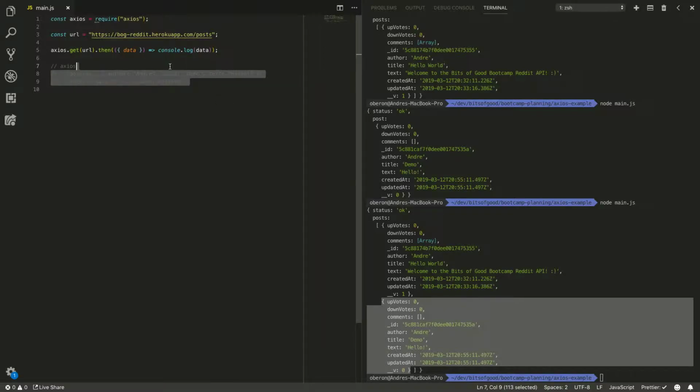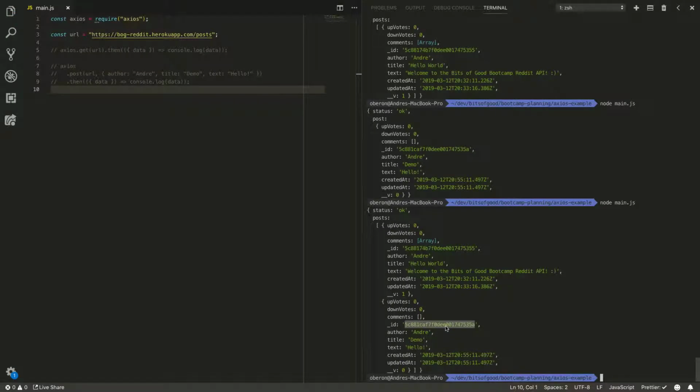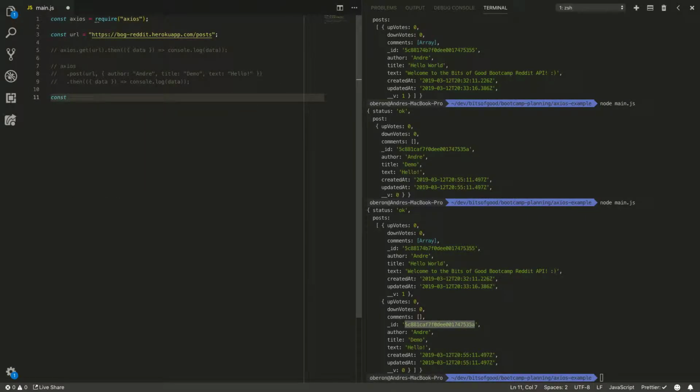Okay, so now what I want to do is I want to show an example of using a patch request. And so what a patch request is used for is when you want to edit data on the database. And so what we need is an ID. So I'm going to copy here this ID of the post we just created. I'm going to say const post ID is going to be equal there. And then I'm going to use